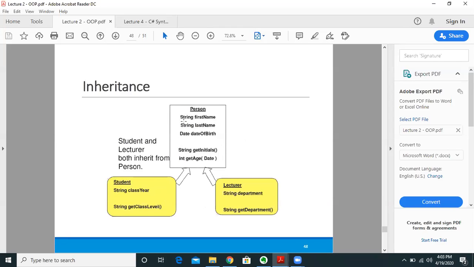What are the qualities that the lecturer class now has? What are the things the lecturer class now has in this case? What are the things that are applicable for the lecturer class now